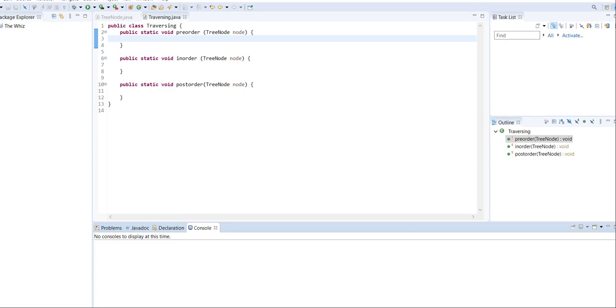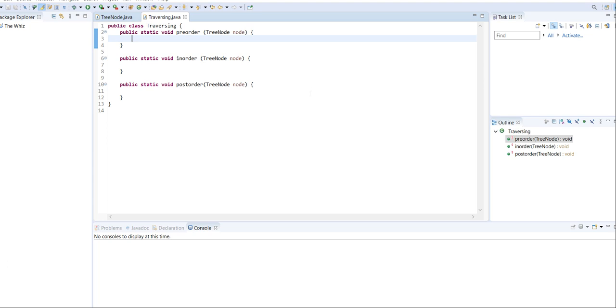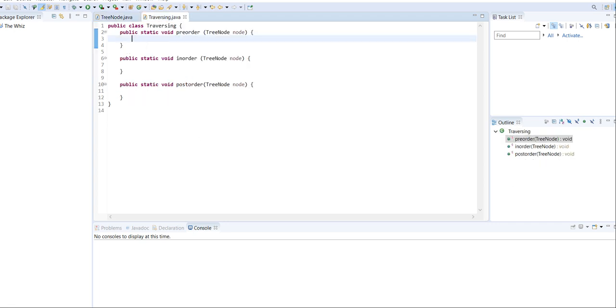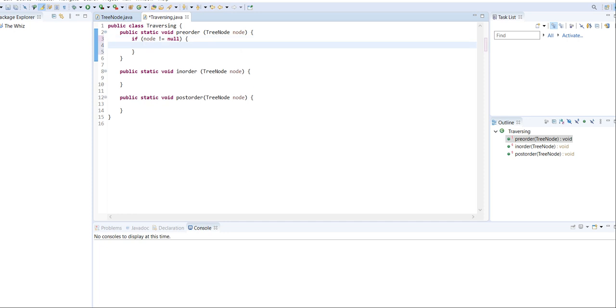Great, now we're in Eclipse. In Eclipse, you're going to be coding the 3 types of traversals. And don't forget to make your own tree node class if you want to actually run this. In the pre-order, remember what we do. We're going to say that top node, then we're going to say the left node, then we're going to say the right node. And in order to print all of them, we're going to do this in a recursive manner. So if node is not equal to null, because we don't want it to run if it's null, right? We're going to